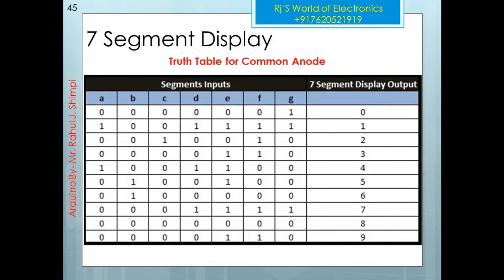Let us see the truth table for both types of display. Truth table for common anode display. So the common terminal is connected to the VCC. So the particular segment needs to be connected at lower potential. So to display 0, segments A, B, C, D, E, F need to connect at lower potential while the G segment to the higher potential. So only the G segment will be off and the remaining will be on. Likewise, this truth table contains the values from 0 to 9.